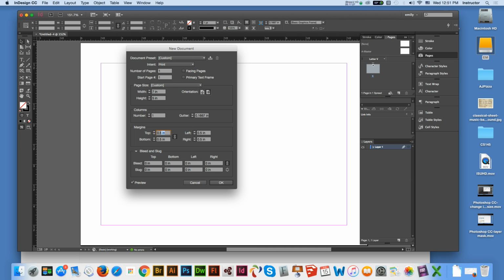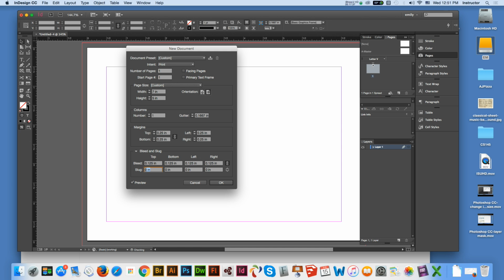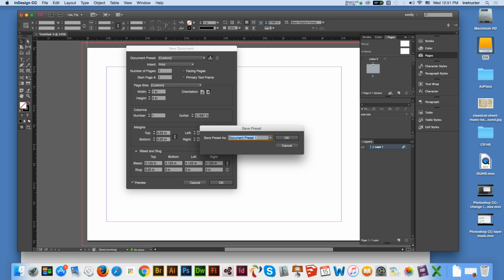Column 1, the margin 1.25, bleeding 1. Okay, slug. Okay, we put it here. And another good thing in InDesign is you can save these settings. Next time when you open, it's there. Let me save this. It's called the